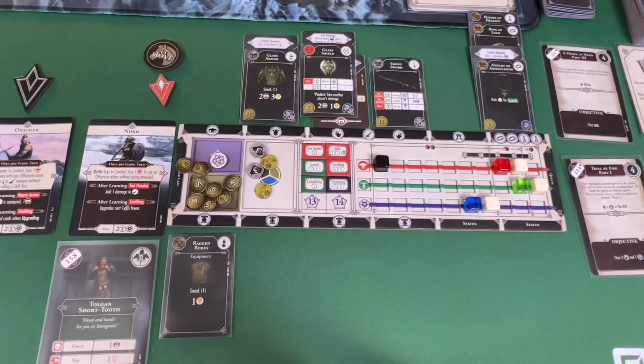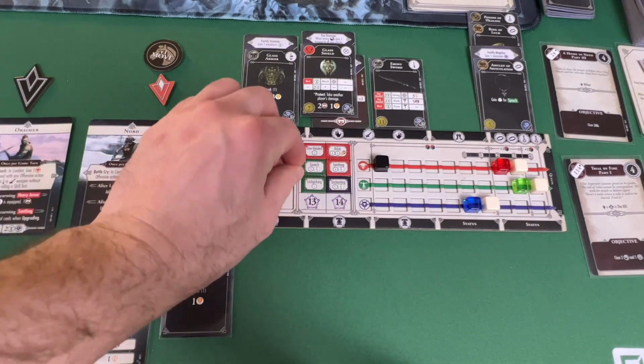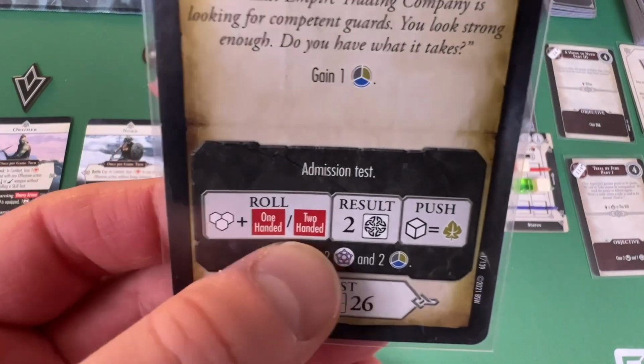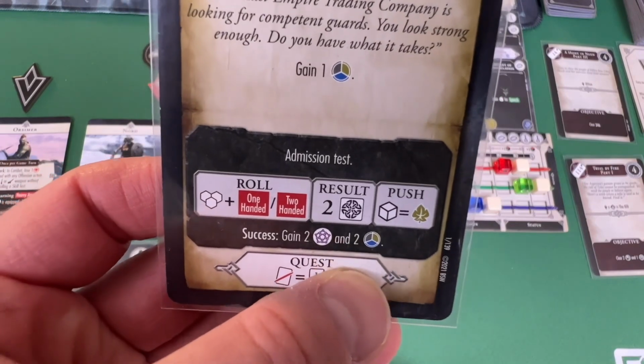I'm going to grab a resource. I'm going to take back a soul shard. Why not? That'll be kind of cool. Oop, not 3, I only get 1. And then I have to do a roll for one-handed or two-handed. That's pretty funny. If I'm successful, I get some experience and also 2 resources, but I'm going to